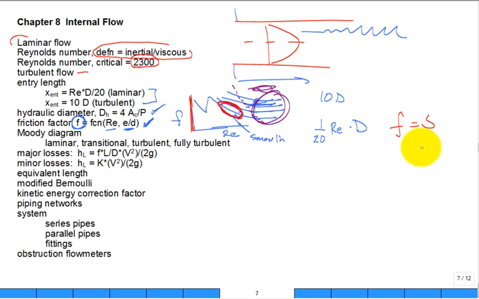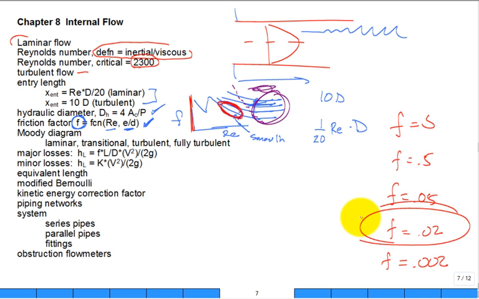How about friction factor of 0.5? Ridiculous. Way too high. Friction factor of 0.05. Okay, now you're getting down there in a reasonable range. Friction factor of 0.02. Sure, there's a lot of problems. 0.02, 0.03, 0.04. How about friction factor of 0.002? No, it's too low. So you should know that these values, especially around in there, 0.03, 0.05, 0.05 is a